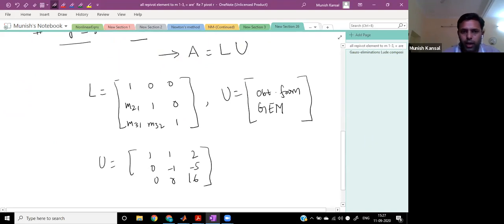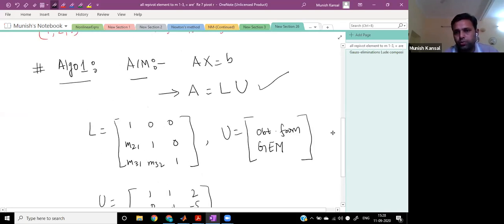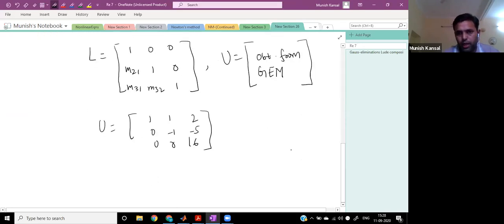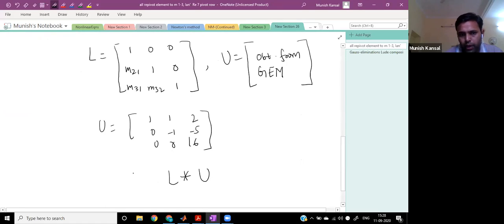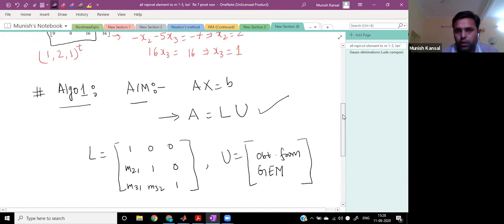Similarly, you can plug in the values here in the matrix L. Now, once you break the matrix A into L and U, the first algorithm is complete. Now you can make use of the command window. You multiply L and U, and you can verify whether this is equal to A or not. If yes, then your program is okay. So the first algorithm is okay if L into U gives the answer A, right? So this is my first algorithm, which I will be discussing with you in the MATLAB window, right?